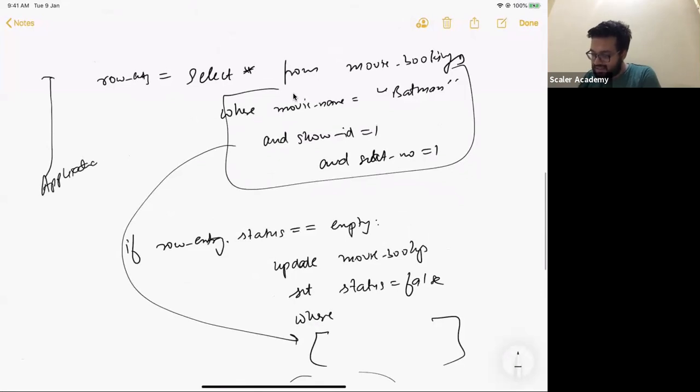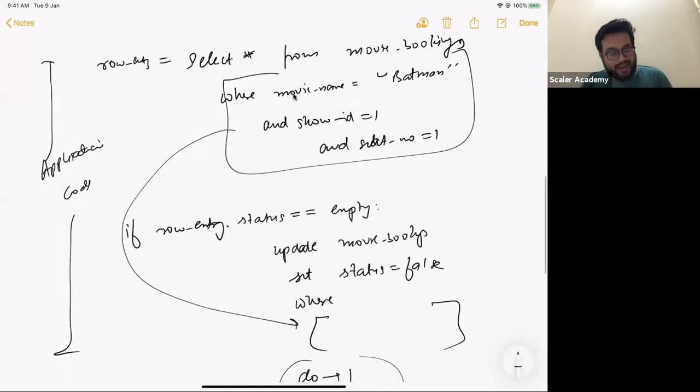Try to understand that this code is going to run at what layer? At what layer is this code going to run? The app server layer. Does that make sense to all of you guys? This is going to run at the app server level, okay? And the data which it is fetching or interacting with is stored at the DB layer. Does that make sense? So you are running a SQL query which is going to run at the DB layer. You get that data, and all these things are going to run at the app server level. Makes sense? Now, can somebody tell me what is the issue with this kind of a query? If you are actually ending up doing this, what is the issue?